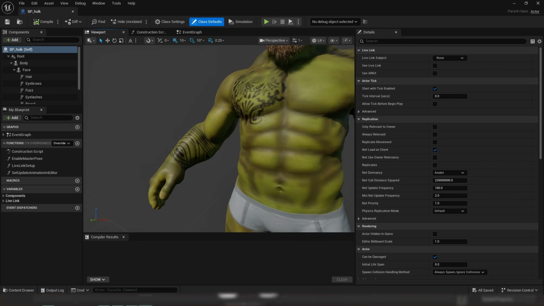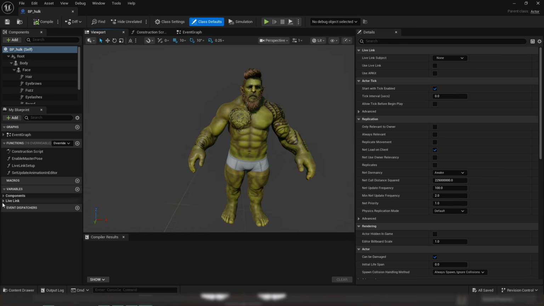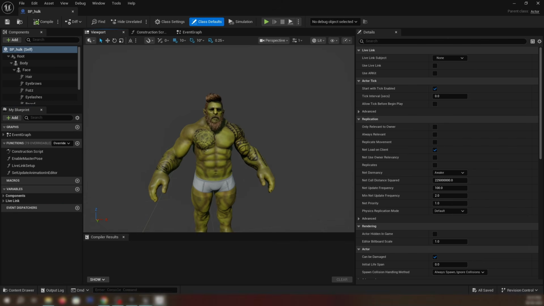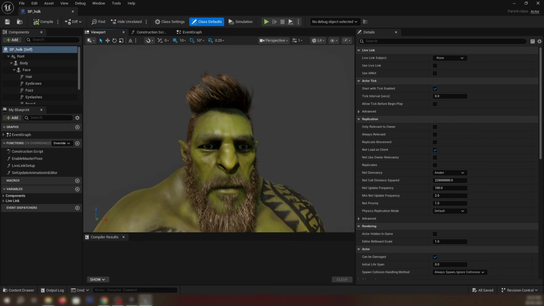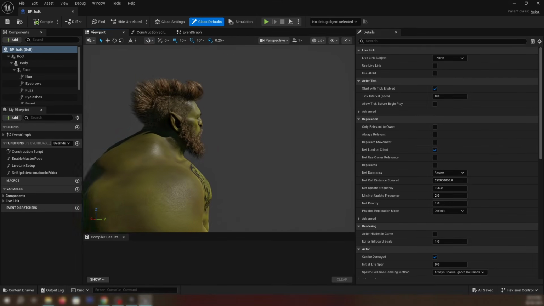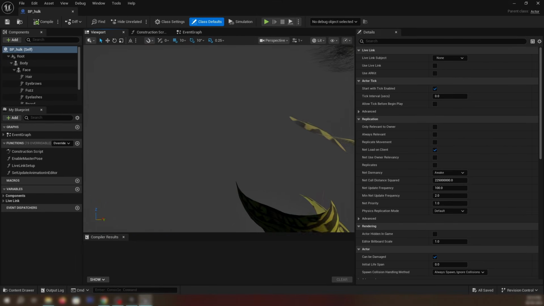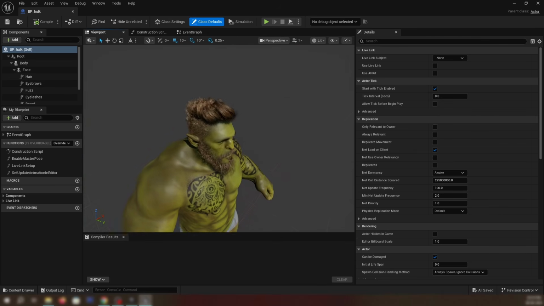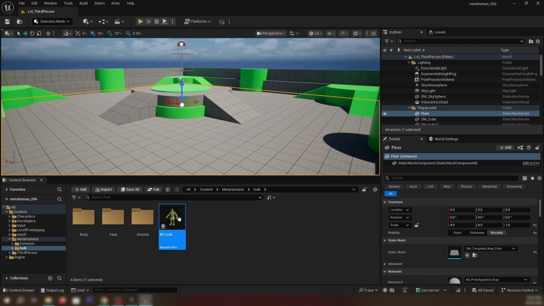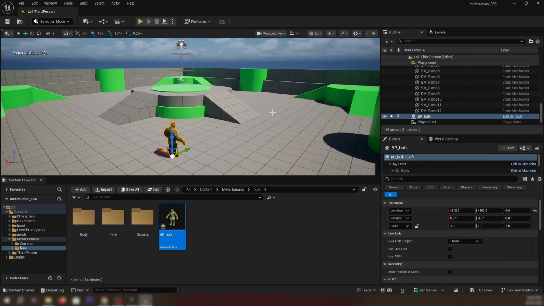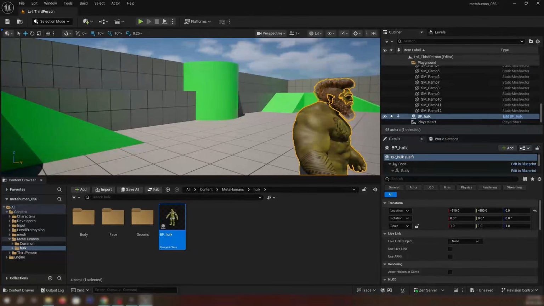So this is the blueprint it created. It is the same process, but the live retarget file is missing. I faced that problem retargeting with the third person mannequin, but it's still missing from the build character blueprint. We'll test it out to see if it comes with the control rig or not.